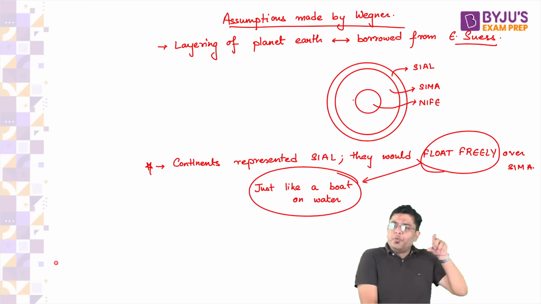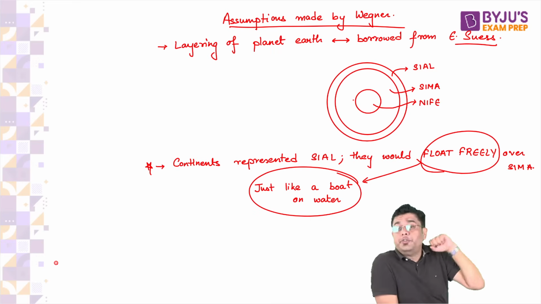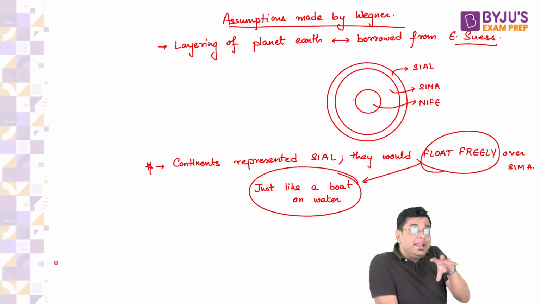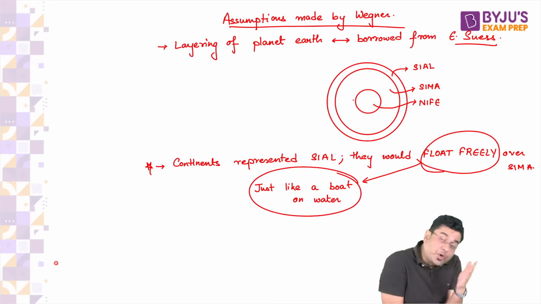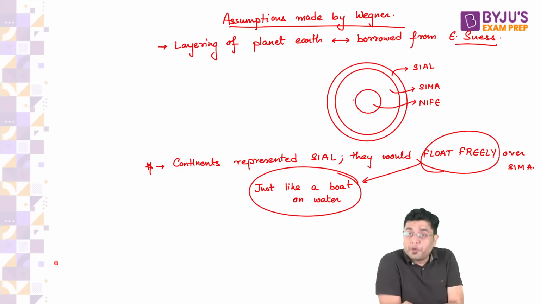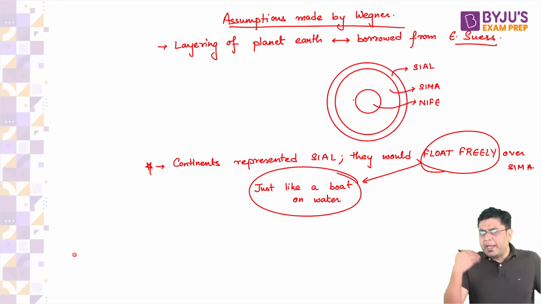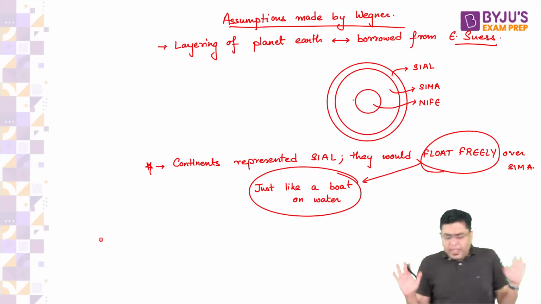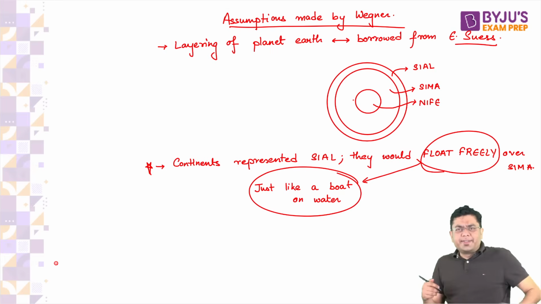But this is what Wagner had thought about, and this is what Wagner assumed. And why did he make these assumptions? In order to provide the reasons. Reasons for what? Reasons for the westward drift of the continents and the movement away from the poles. But then you understand one basic fact. So that you are able to understand the reasons easily, otherwise the reasons don't make any sense at all. But if you understand this assumption, you would know where Wagner is coming from.